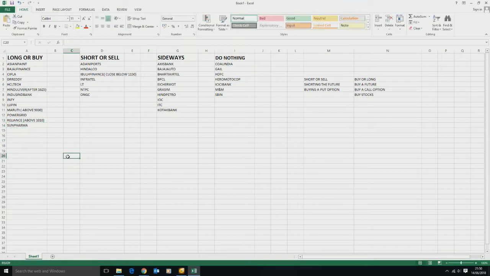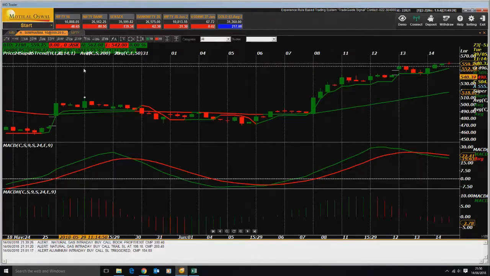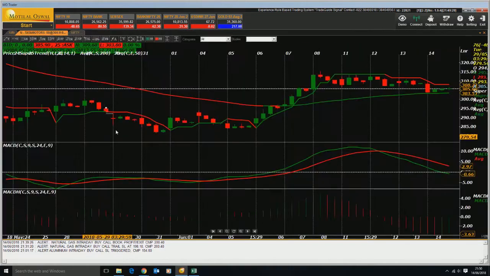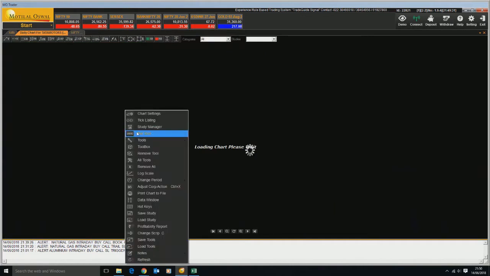but of course, with my strict stop losses. Sun Pharma is a buy. Tata Motors, if I could see on a daily chart or 375 minutes,